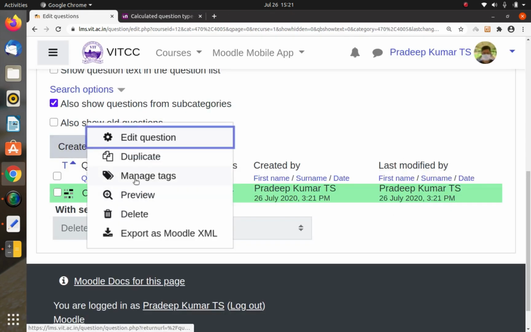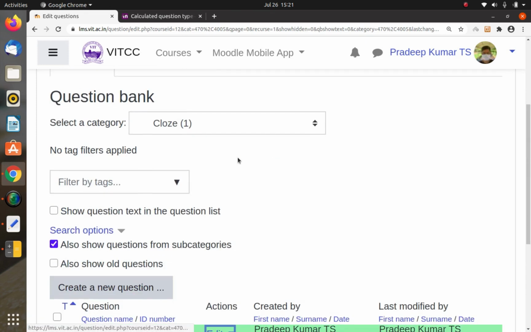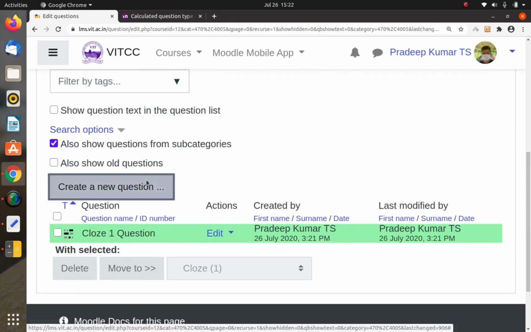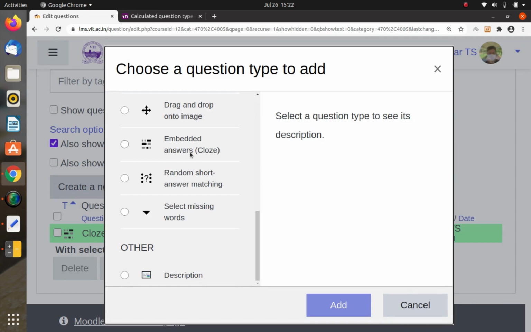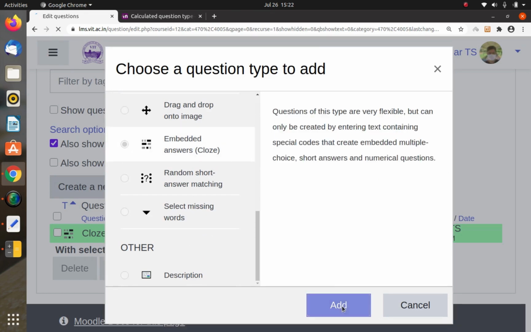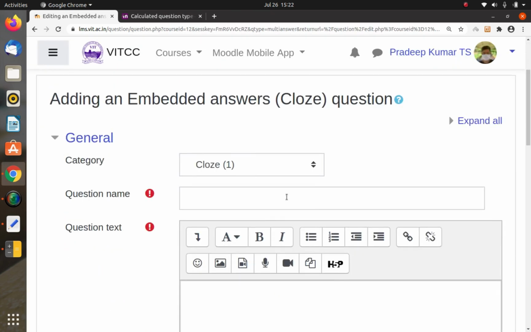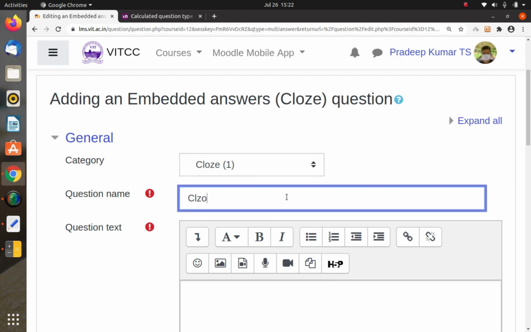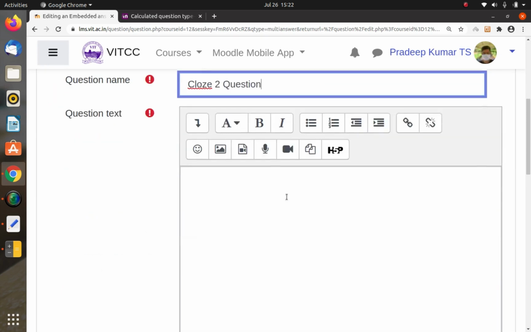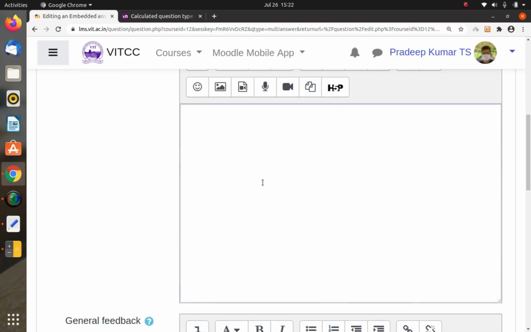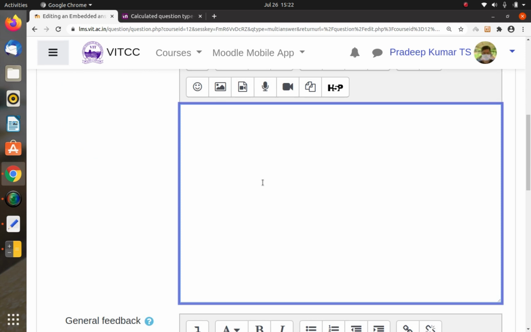If I want to use one more question here, I create a new question, embedded close. I can use close question. In this case I will create 2 questions.